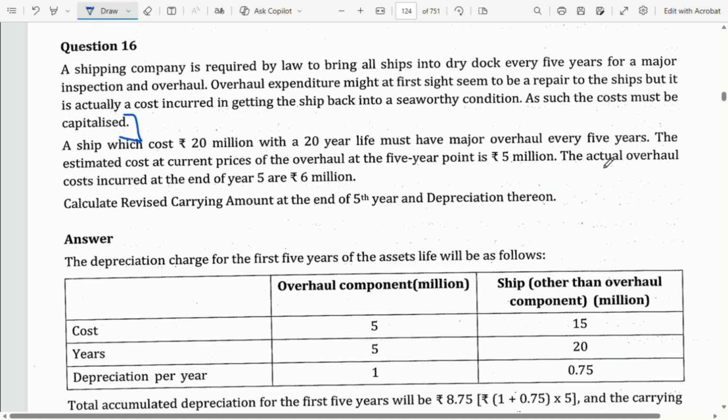The actual overhaul cost incurred at the end of year 5 was 6 million. So after 5 years, the actual cost incurred was 6 million. Calculate the revised carrying amount at the end of the fifth year and the depreciation thereon. So how we are going to do this is,